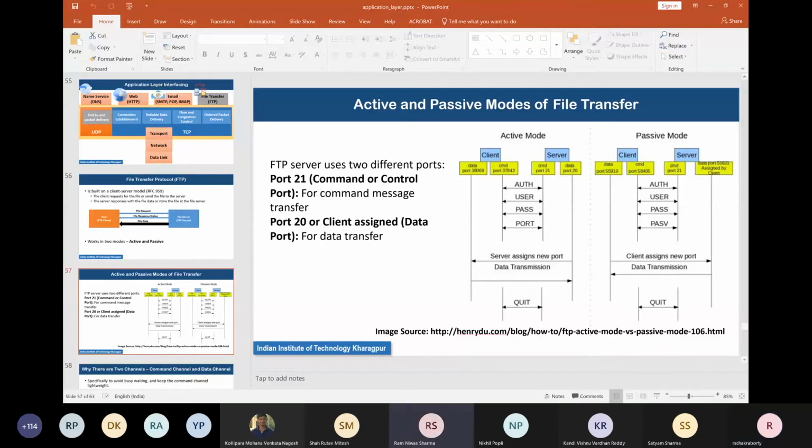Sir, where is the arrow which represents that the client is requesting information from the server?